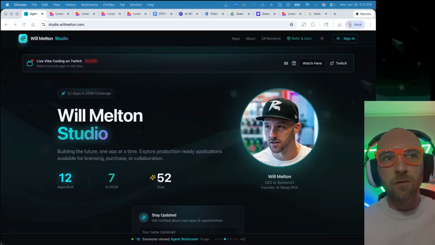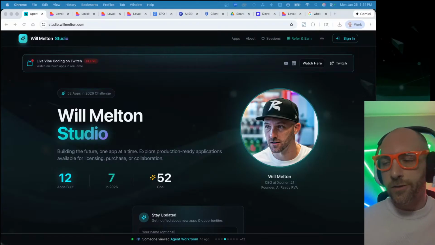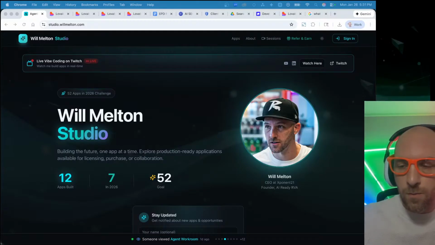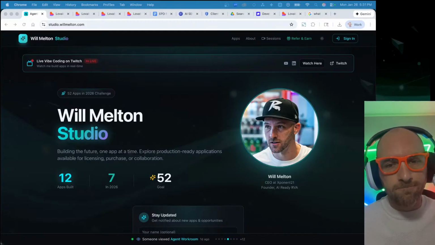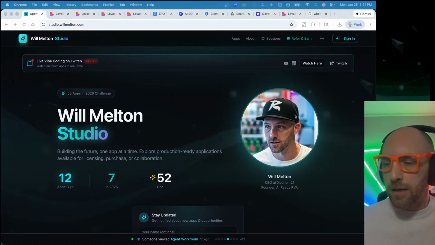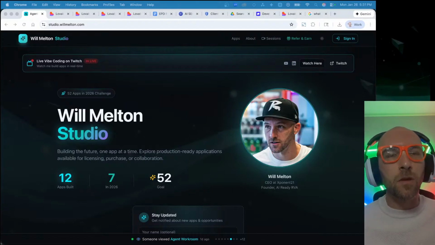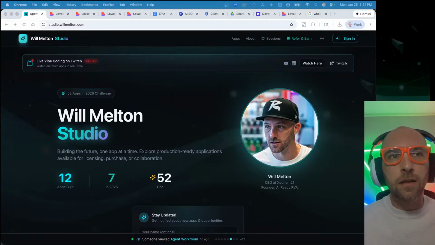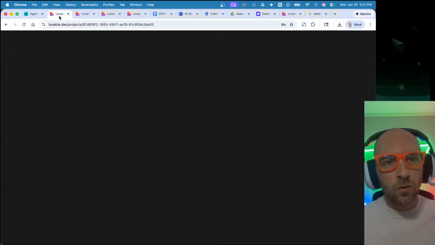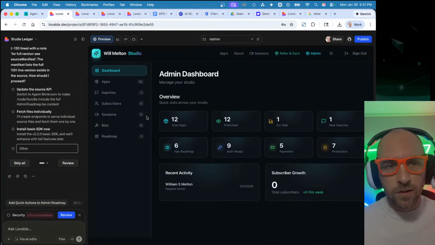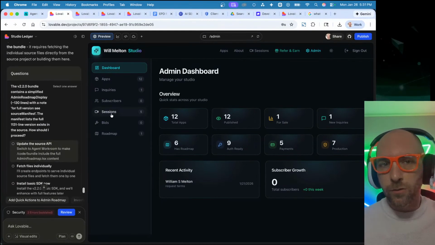I'm using Lovable. I've used Cursor and Visual Studio, Copilot, a lot of different IDEs out there. And if you're not familiar with that term, this is an integrated development environment. So an IDE lets you have a preview of your dashboard while you're also able to code at the same time.